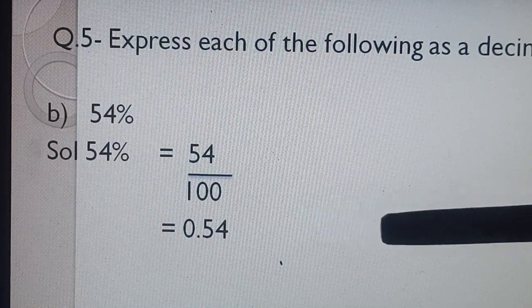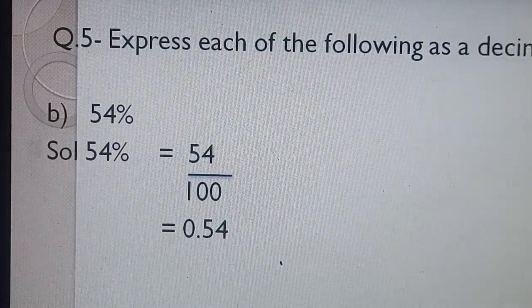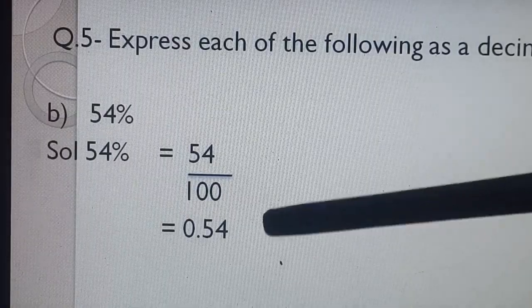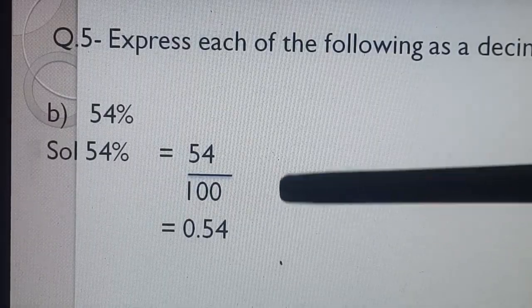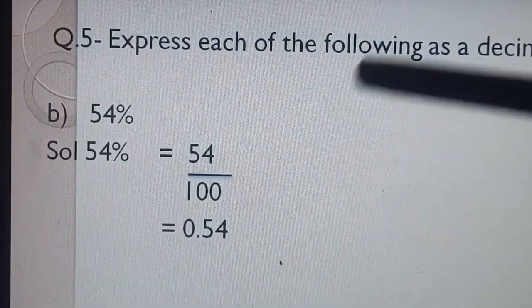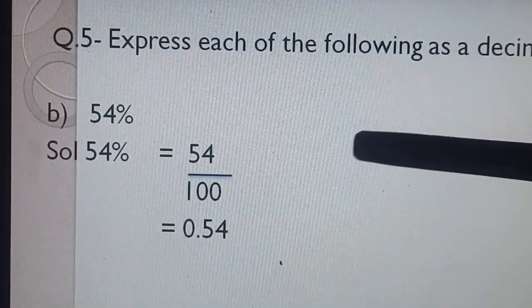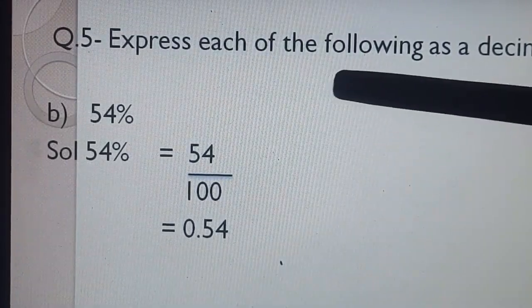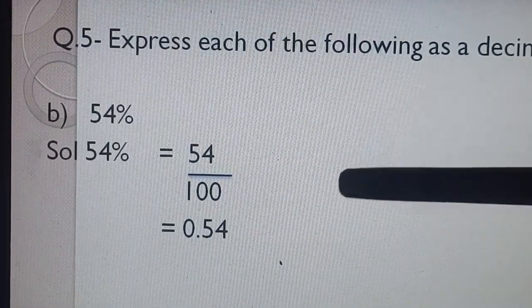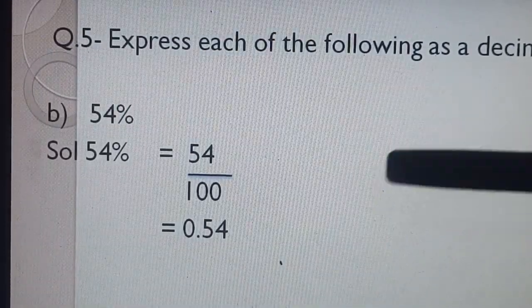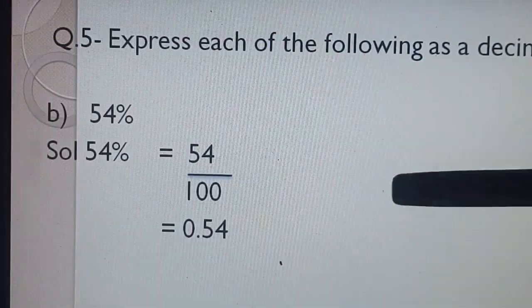Then you need to do division because your answer should be in decimal form. So the best way is here, if you are getting denominator as 10, 100, 1000, don't do any cancellation. Directly put the decimal. Understood? Depends on the question. What is asked in the question. If it is asked convert into fraction and change it into the lowest form, then definitely we will convert into fraction and then cancellation will also be there.